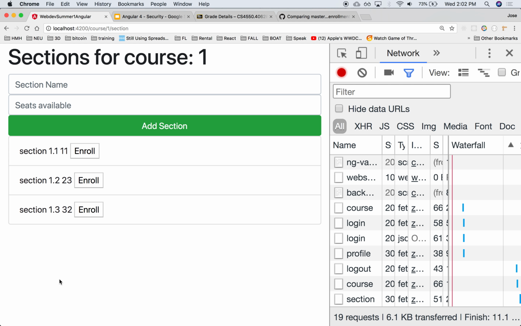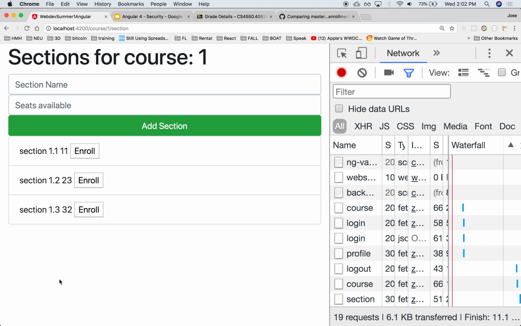Obviously, there's more to do there, such as being able to close a section, right? Just remove a section, or even update a section, perhaps change the name of the section, or maybe add seats, or make it so that other folks are able to register for that course. But again, that would be an admin's use case, right? Obviously, students could not increase their own seats, but they certainly could enroll, and they also should be able